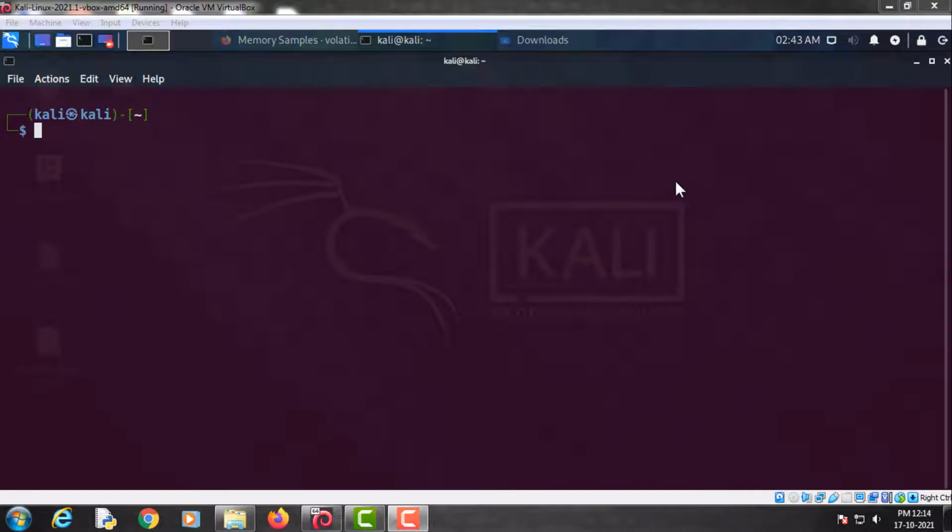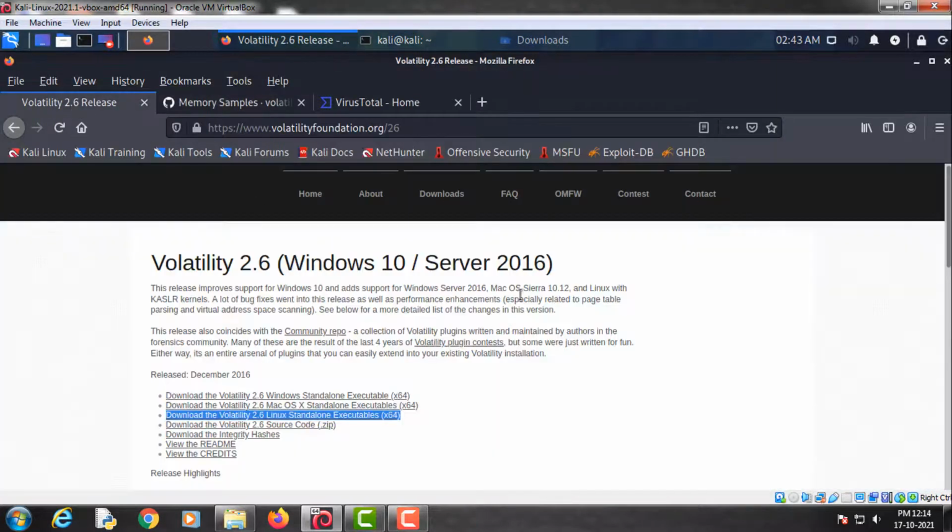Hello friends, in this video we will learn about the Volatility tool, which is used for memory analysis. First of all, you will have to install this Volatility tool on your Kali Linux machine. For this purpose, just visit the volatilityfoundation.org website and download this Linux standalone executable.